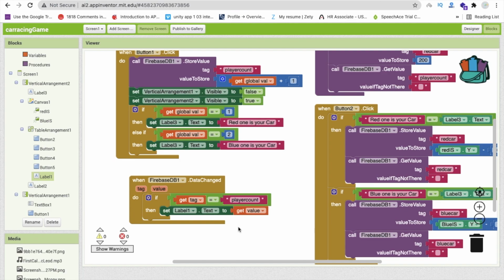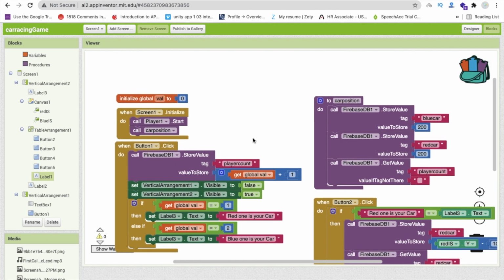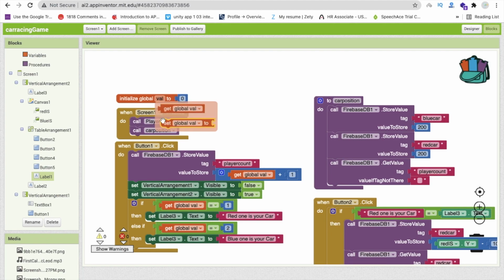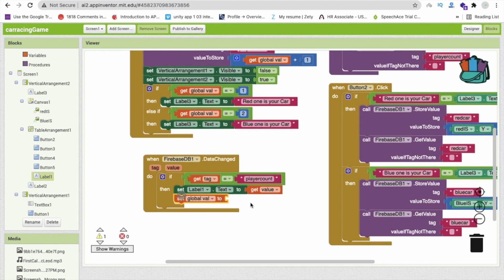Now we have to set that get value in that set. We have to set that value. You can see that set value, set global value is that we have get, this one.